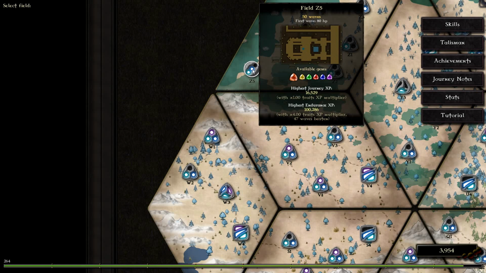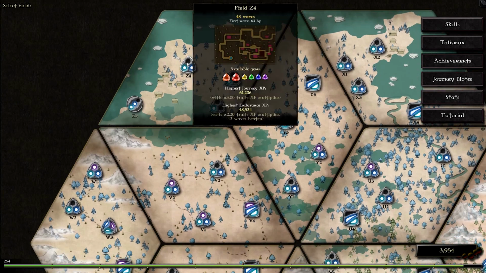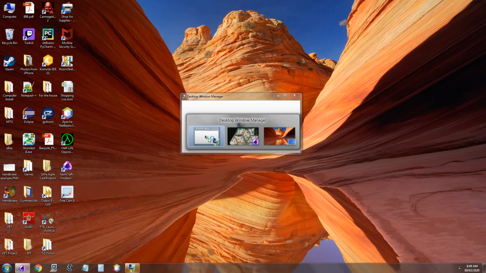So Z5, and especially look at the first wave hit points is 80 as opposed to 6. The hit points on this one ramps up pretty quickly, so you really do need to be established for these more fields that are much further into the game to actually go ahead and... Well, hello, something happened there. I wonder if my...